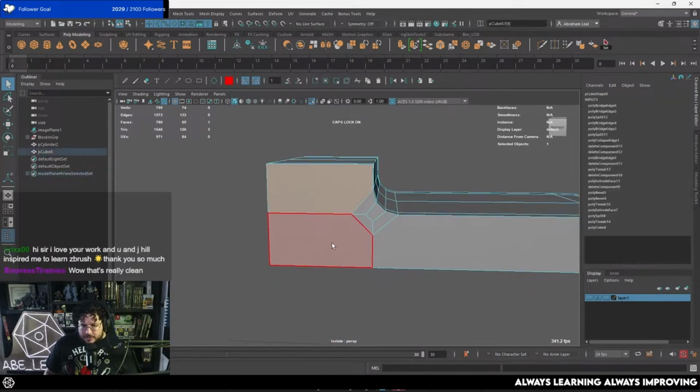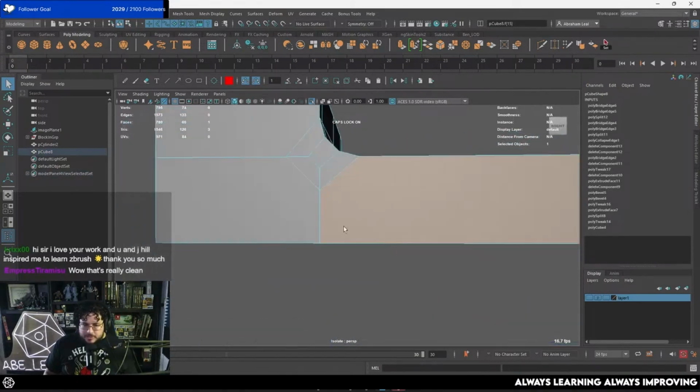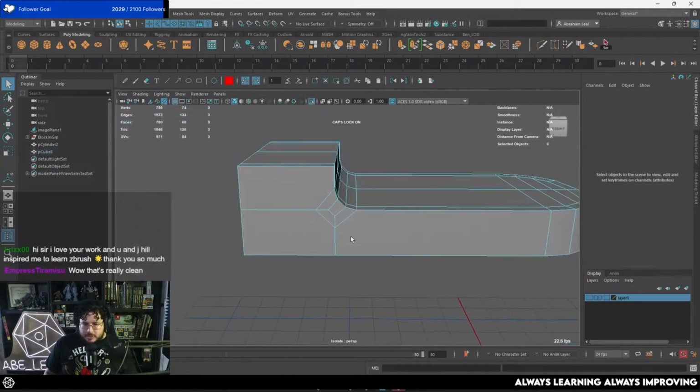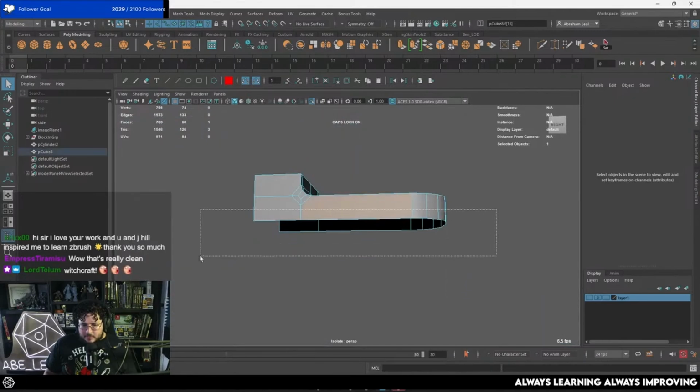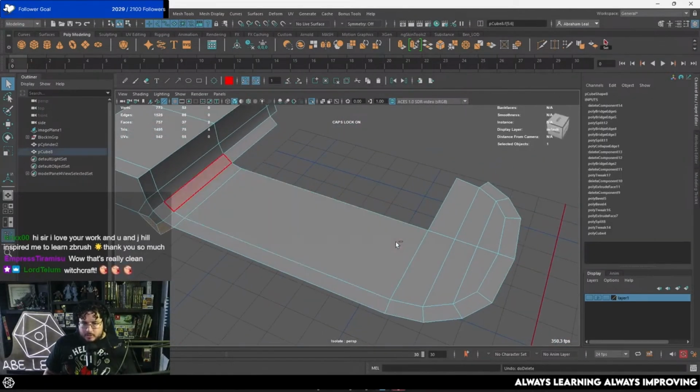But of course, this is an end-gun, this is an end-gun, and this is an end-gun. So ideally, we do want to fix it. So what's the easiest way to fix it? Well, to be honest, since we already have a very clean sort of face distribution here on the top, right? Like